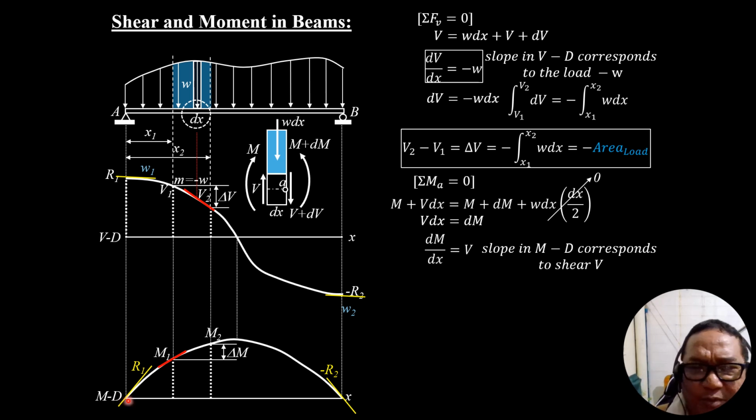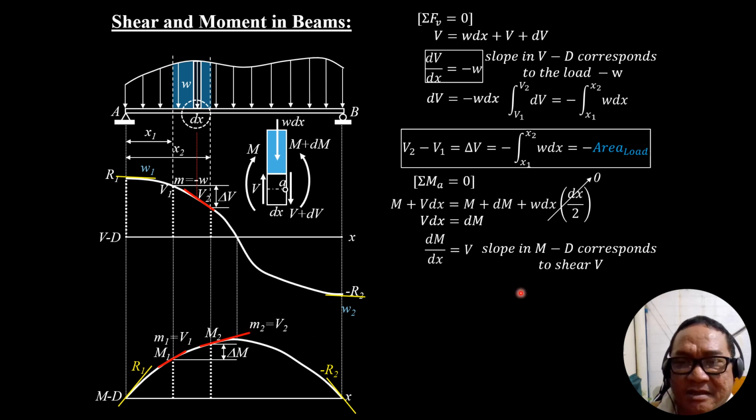So at the initial point, the shear, which is R1, the tangent here will have a slope of R1 also. At this point, because the shear is shear sub 1, the slope of the tangent here is shear sub 1. Here it is shear sub 2. And at the highest point, because the shear is 0, the tangent to the moment curve is horizontal. It also has 0 slope.